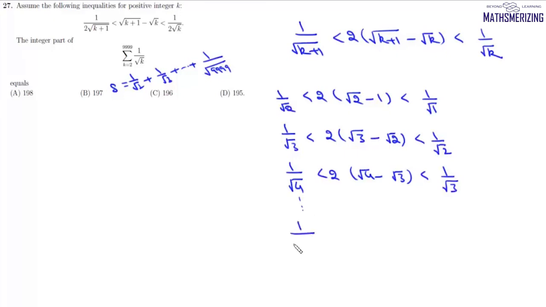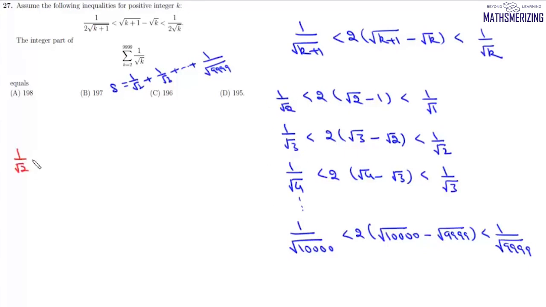We can write 1 upon under root of 10000 will be less than 2 into under root of 10000 minus under root of 9999, and it will be less than 1 upon under root of 9999. Now we'll add them all up. If we add them all up, here we'll get 1 upon root 2 plus 1 upon root 3 up to 1 upon root 9999 plus 1 by 100, and it'll be less than